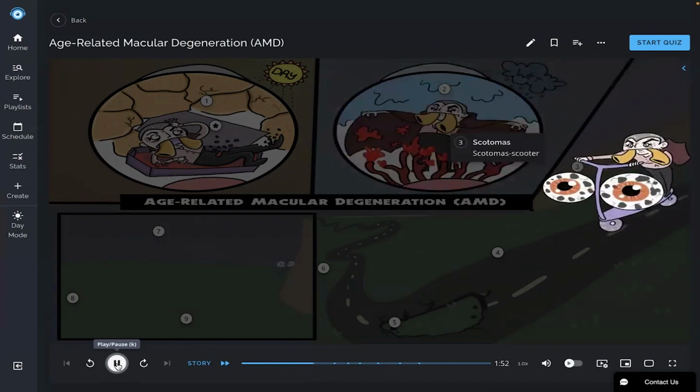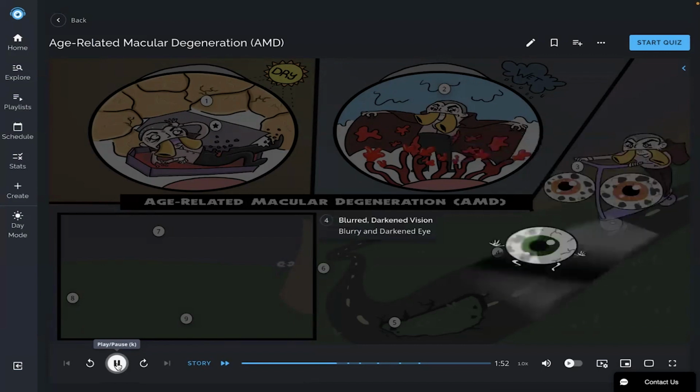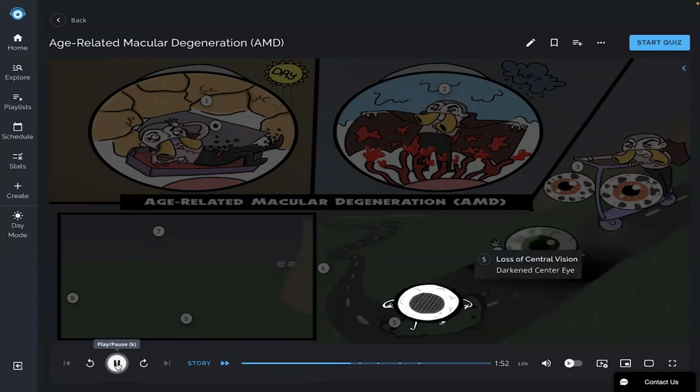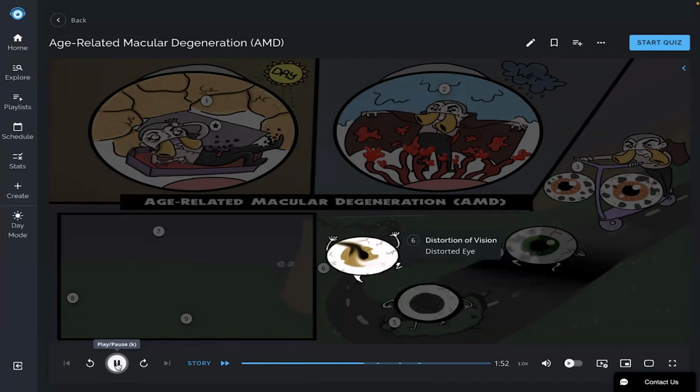So Dracula decided it was time to find a new home, and he gets on his scotoma scooter and hits the road, describing scotomas, or an altered field of vision patients can develop. Vision can be described as blurred or darkened, shown by the blurry and darkened eye on the road. There was a darkened center in the eye, describing that patients can have a loss of central vision. Distorted vision is also a common complaint with age-related macular degeneration, and this is illustrated by the distorted eye distorting